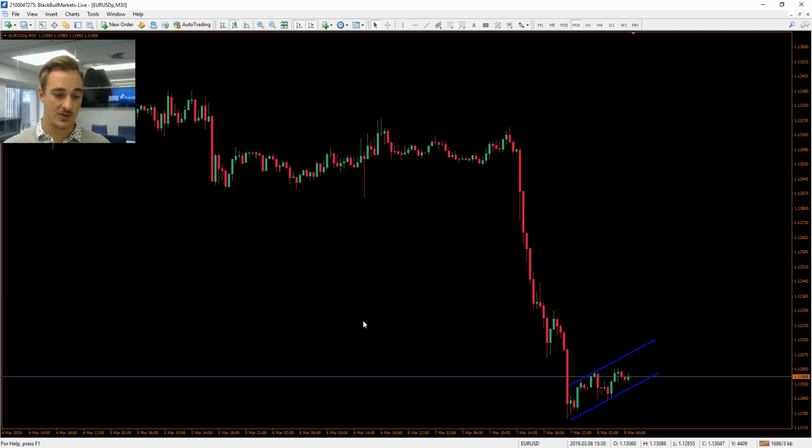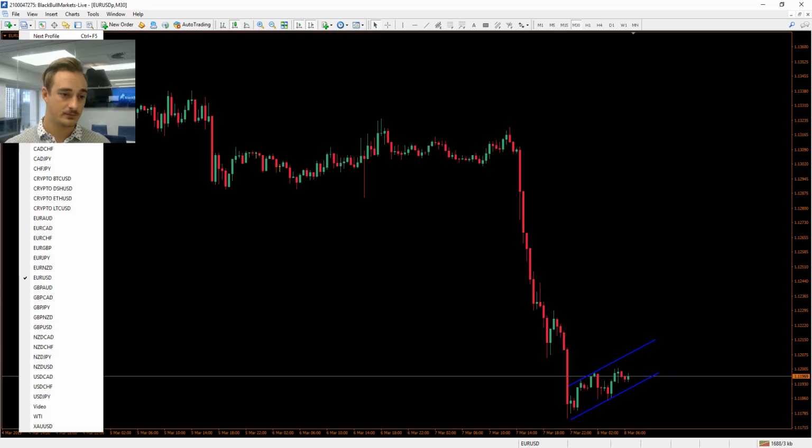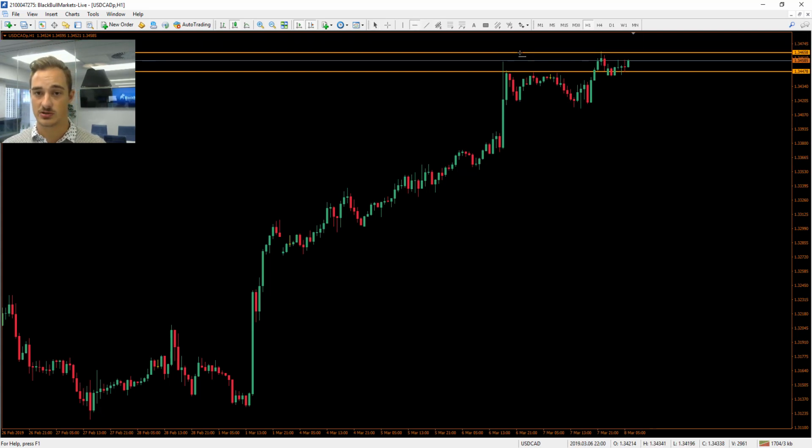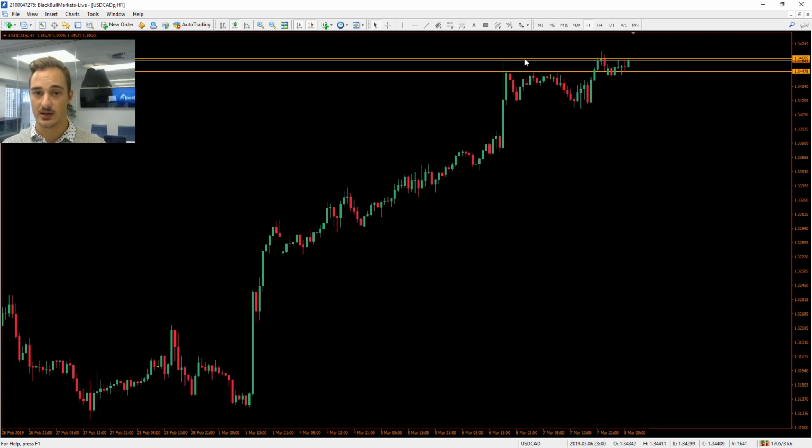And then moving on to our US Dollar CAD. This is the 1 hour time frame. We can see it had this nice strong move to the upside. We've had it since the 1st of March, and you can see we actually had a bit of a resistance area. It has broken past it, came back for that retest right now, and we could see a possible move to the upside. If it does happen to stall on this area over here, you can see that wick was